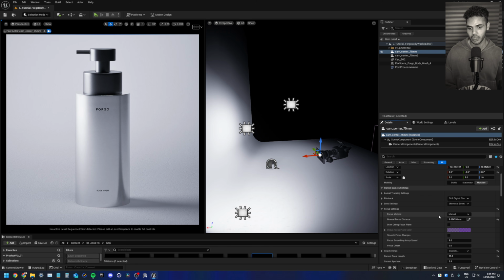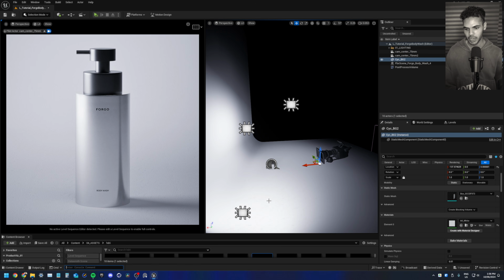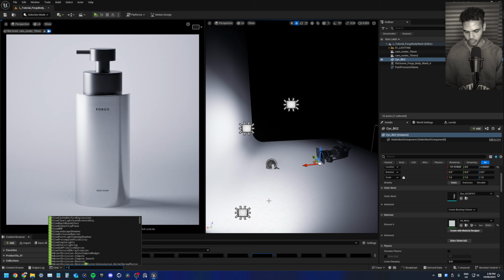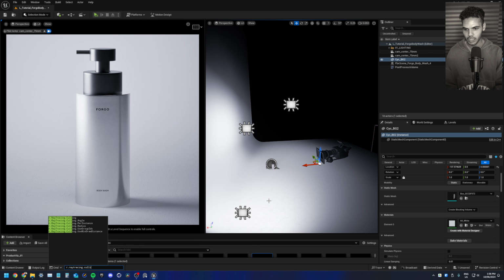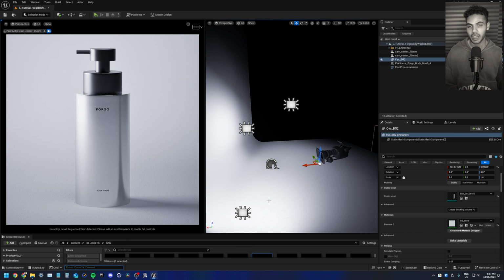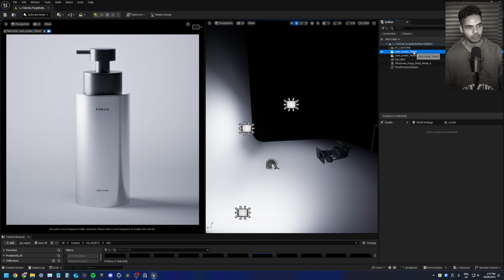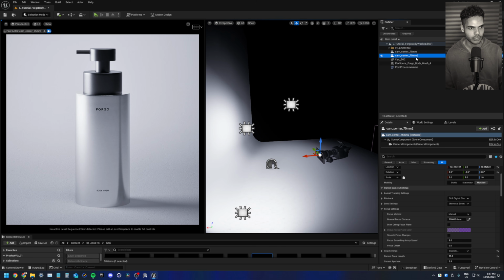Another thing that I want to tell you about is go back to your console variable and type r.raytracing.culling, and then change this to 0. So that'll make sure your shadows are always being traced, and if your camera is really far away, your shadows will not cut out. So definitely not a performance enhancing console variable, but definitely good for cinematics and offline rendering kind of stuff. Cool. So again, I've just duplicated my camera up here, and now I'm going to, let's try